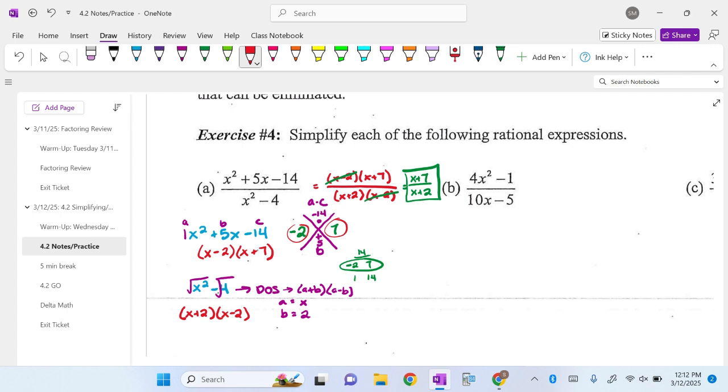All right, guys. I see the gears turn, but I also see some steam coming out of y'all's ears, so let's talk about it. All right. So, with this one,